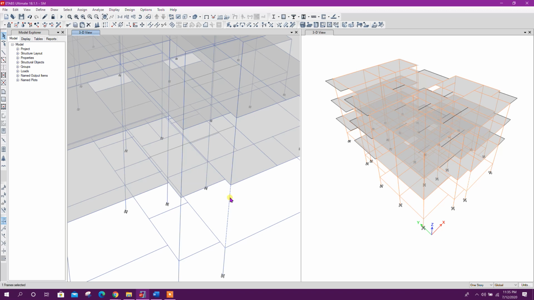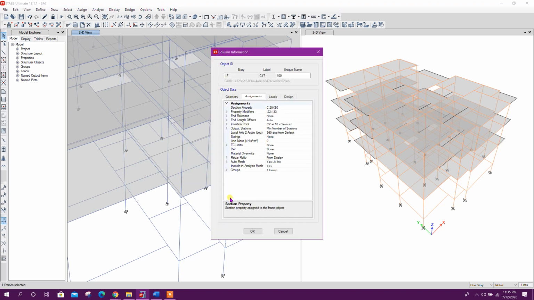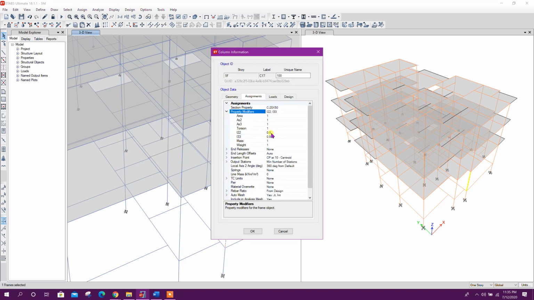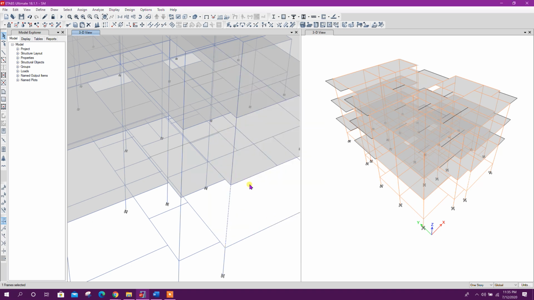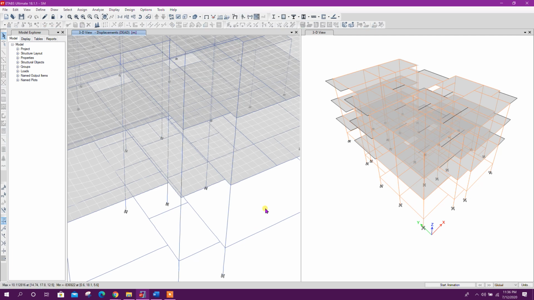Now here we can see the property modifier is 0.9, 0.9. Inside the section property we have 1 and here 0.9. So 1 into 0.9 gives us the desired value of stiffness modifier. Now we can see the result.